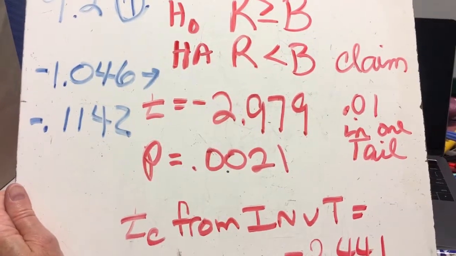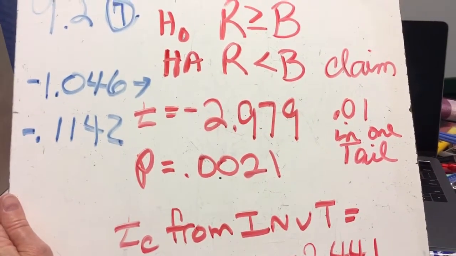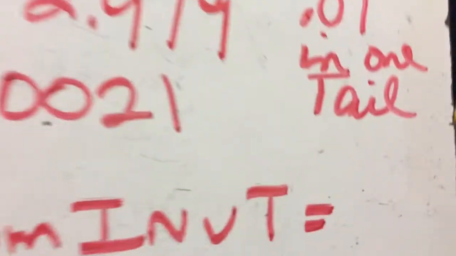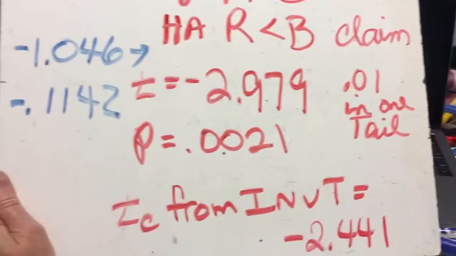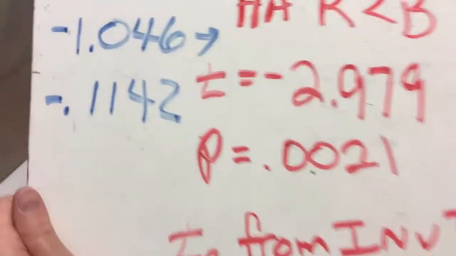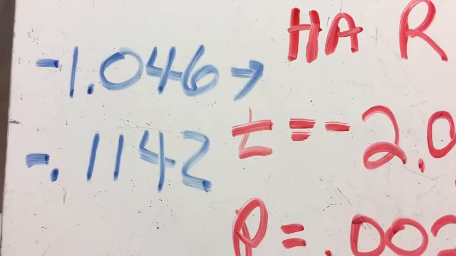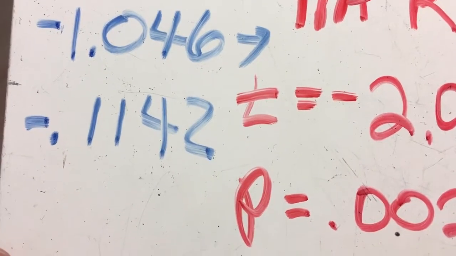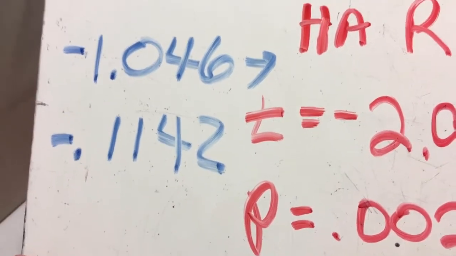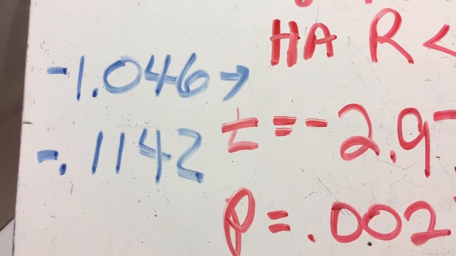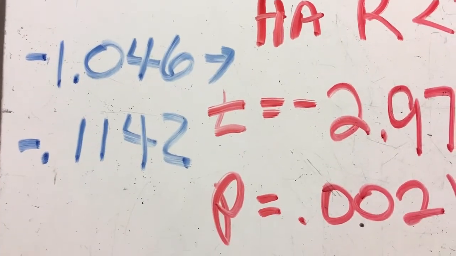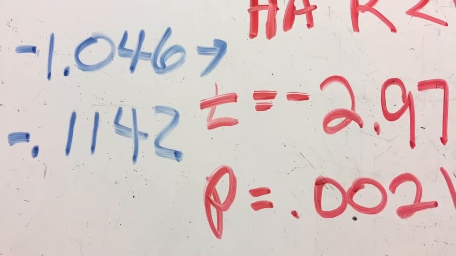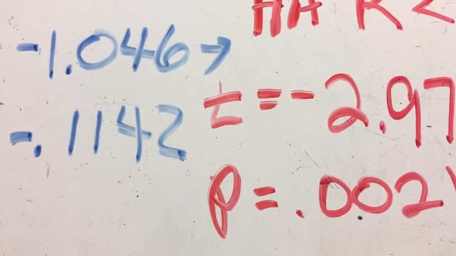And when I put in a 98% confidence level, because of the 0.01 in each tail, I get negative 1.046 and negative 0.1142 as my confidence interval, and they're both negative, which means that there is a difference, and it appears that,